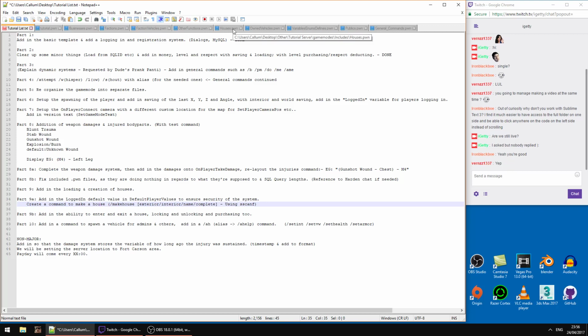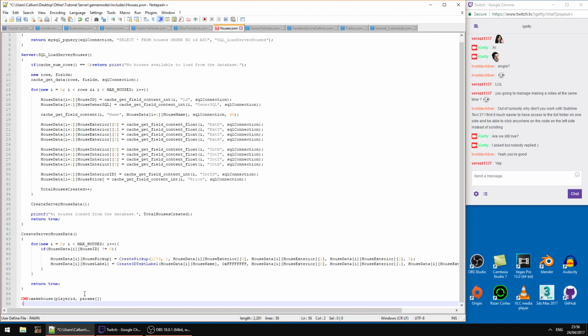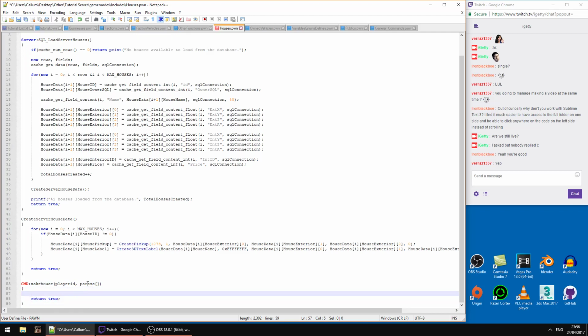Now let's go back into houses, and we're going to actually create the house. So what we're going to do is add a new command, call it make house, player ID parameters, return true. Now you're going to want to check if you're actually an administrator, so the admin level is below,